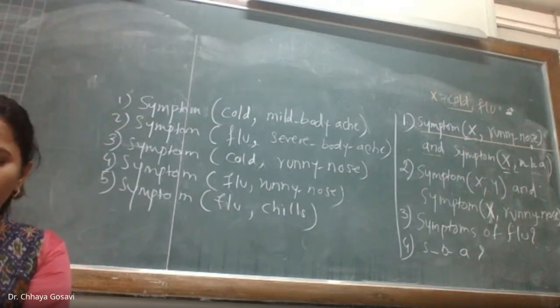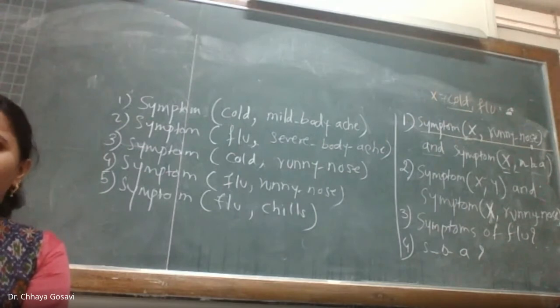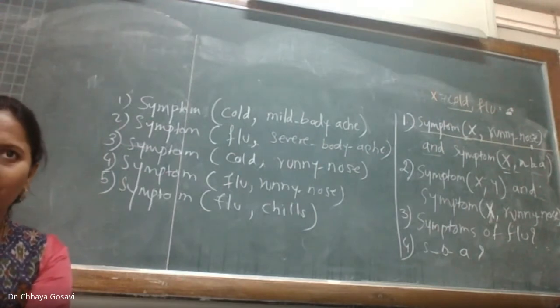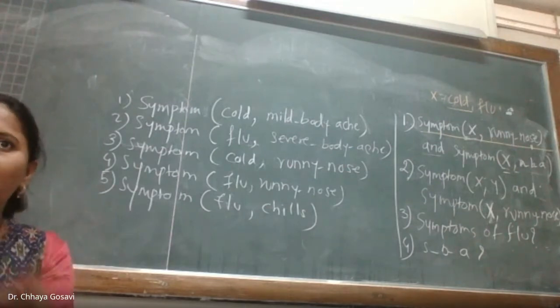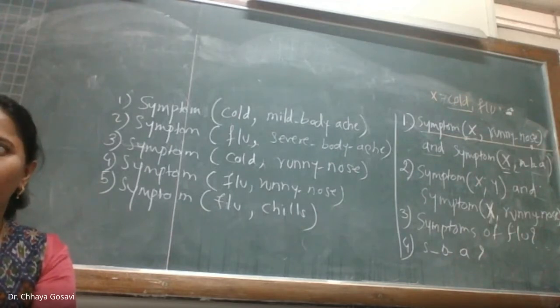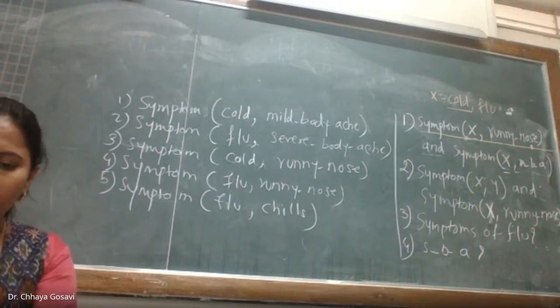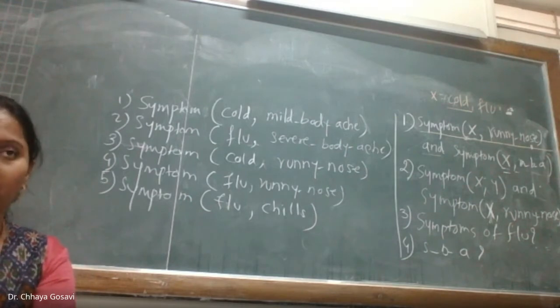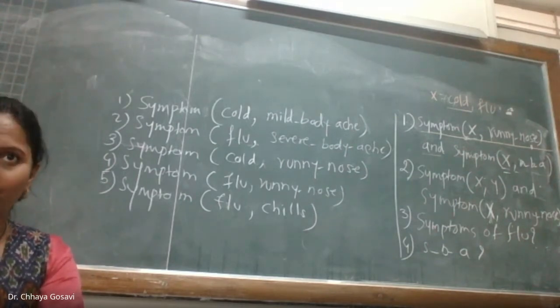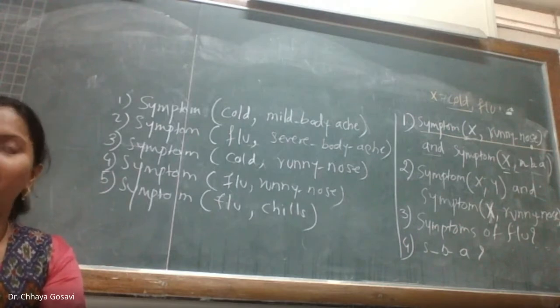If I say P or Q, how can you write it as a proposition? P statement is it is raining. Q statement is it is hot. And my statement is P or Q. It is raining or it is hot. So R implies that either it is raining or it is hot, or maybe both. When you say R is P or Q, it can be raining, it can be hot, or it can be both.